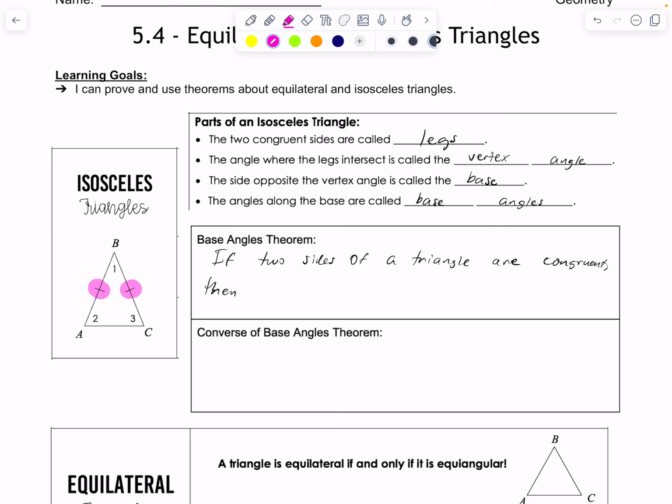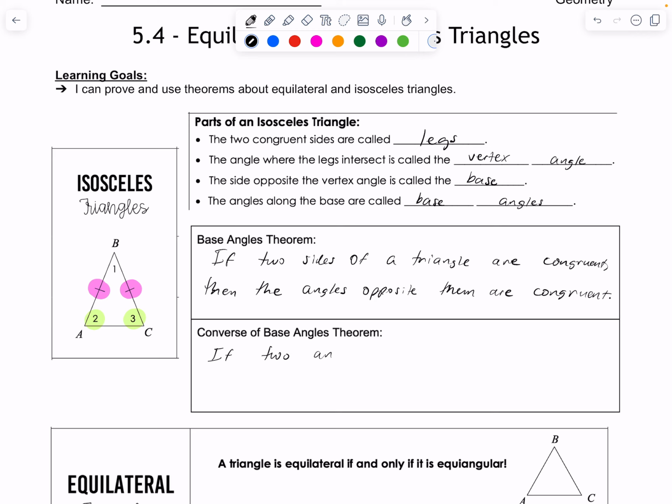These angles that are opposite them, so angle 2 and angle 3, are going to be congruent. So then the angles opposite them are congruent. All right, so that's called the base angles theorem, and I'll be using this sentence a lot in doing some practice problems here soon. Now the converse of that, right, if you switch the order, is if